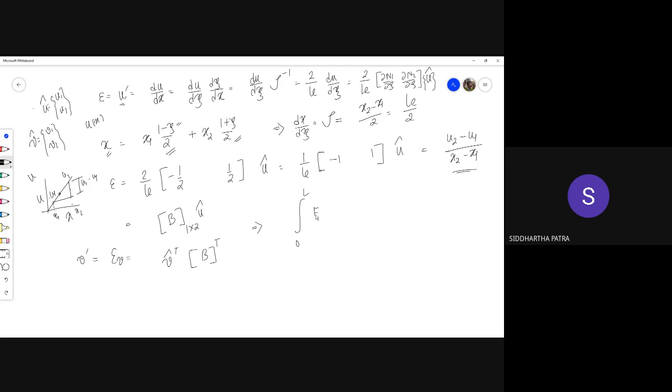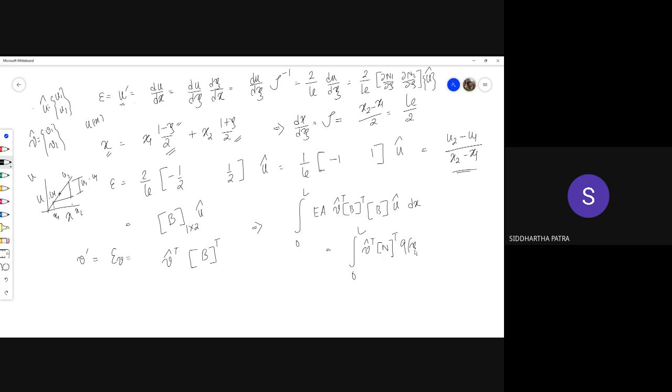So you have E times A times U prime times V prime, right? So V prime is V hat transpose B transpose, and U prime is B times U hat dx equals 0 to L Q times V, which we would write as V hat transpose N transpose times Q